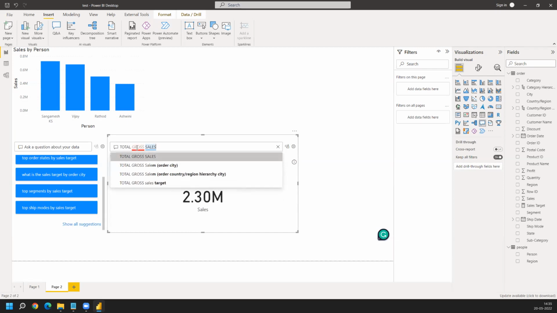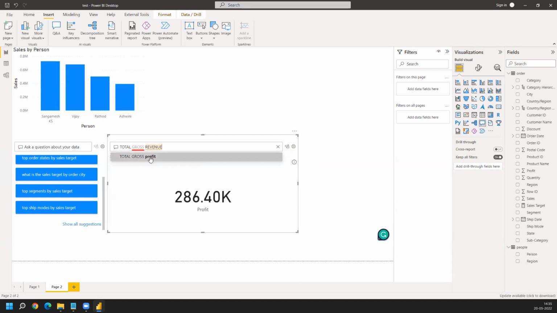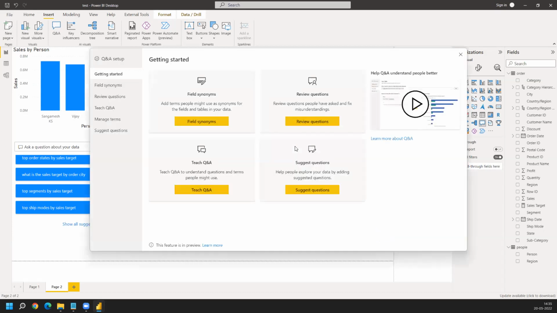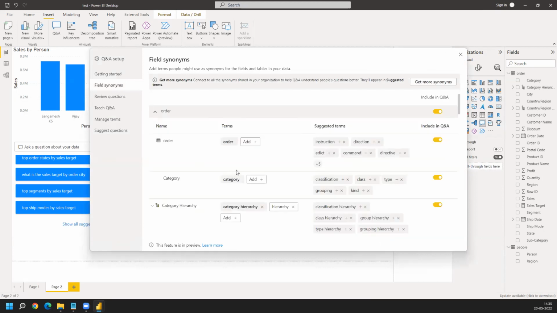But let's assume instead of sales, I'm using revenue or something like that. It is also providing a suggestion that this revenue is also called profit. The reason it is doing that is because it has been hard coded. There have been certain relationships, or there is something called field synonyms which are being used, which basically means, so let's assume